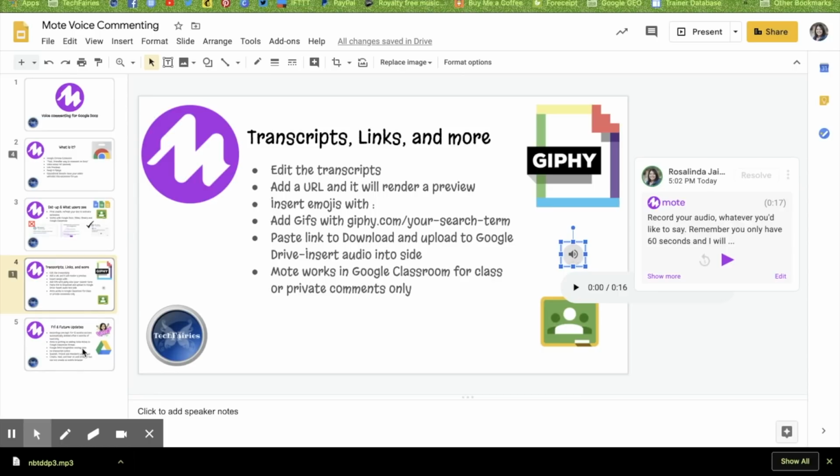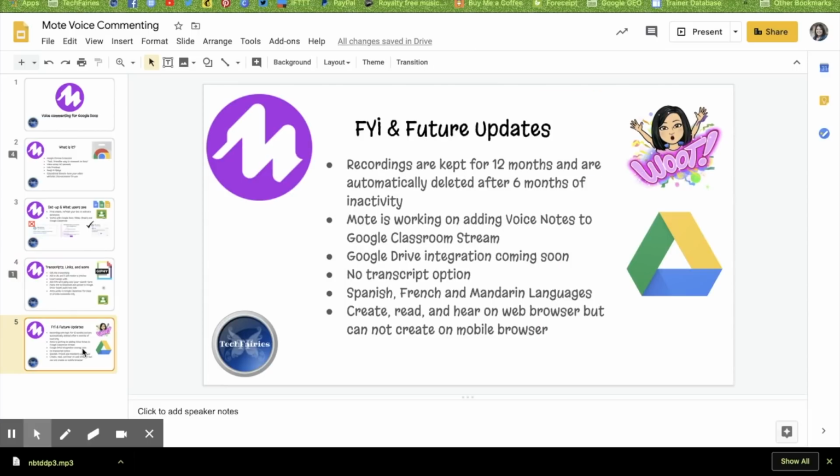I really enjoy this extension. So here's some information and future updates. Recordings are kept for 12 months. However, they are automatically deleted after 6 months for inactivity. So the more that, for example, this slide presentation is accessed, that recording will be kept. However, if this slide deck goes dormant after 6 months, meaning no one has accessed it, then those recordings will